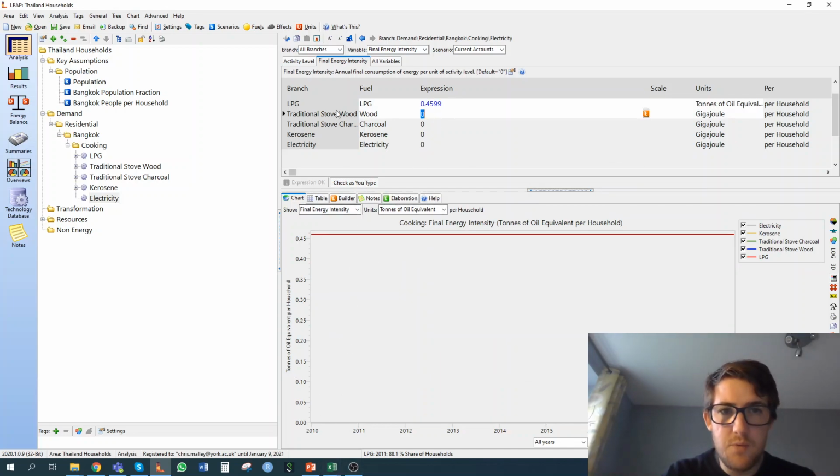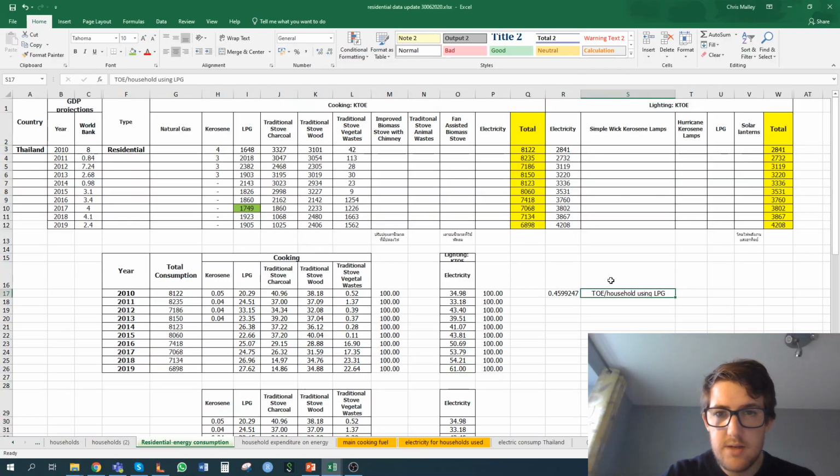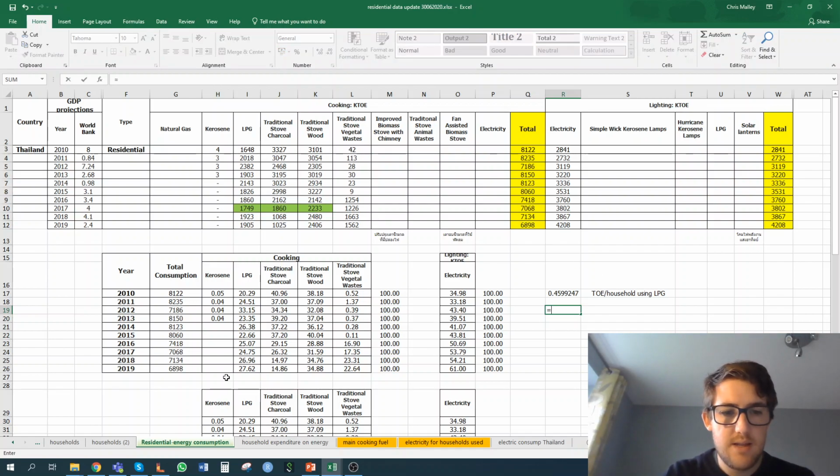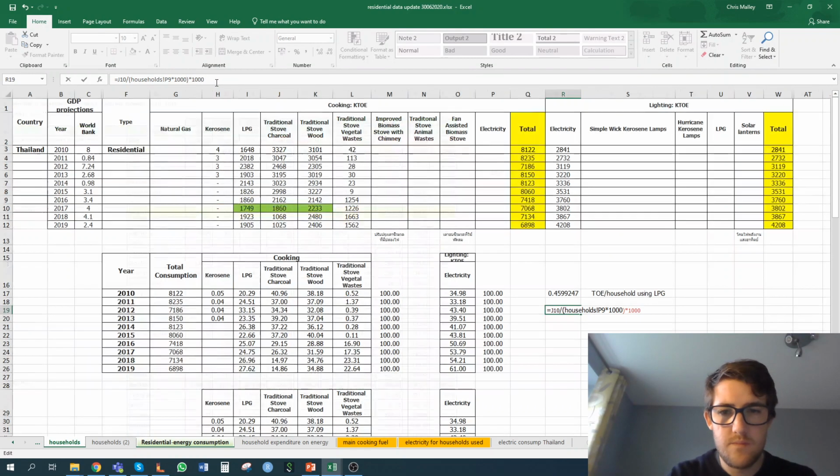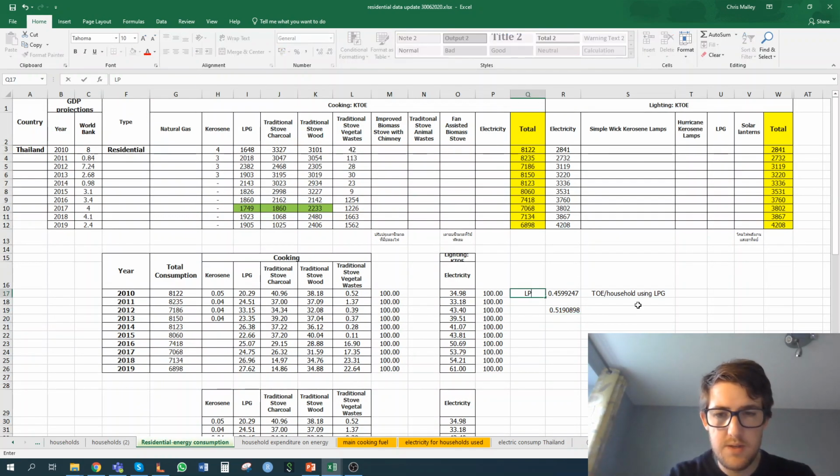I can do the same for wood, charcoal and kerosene. So for wood, in this value I don't have any kerosene consumption, but I can take the total amount of charcoal, divided by the total number of households, that's LPG,